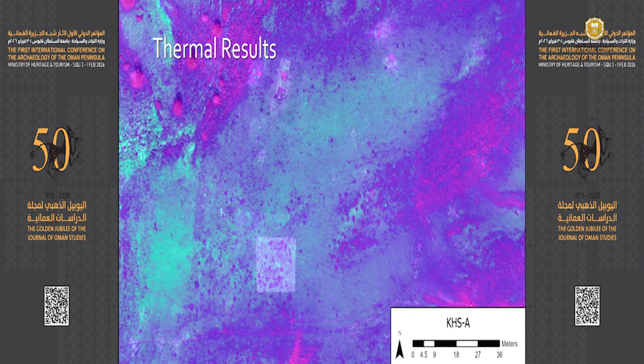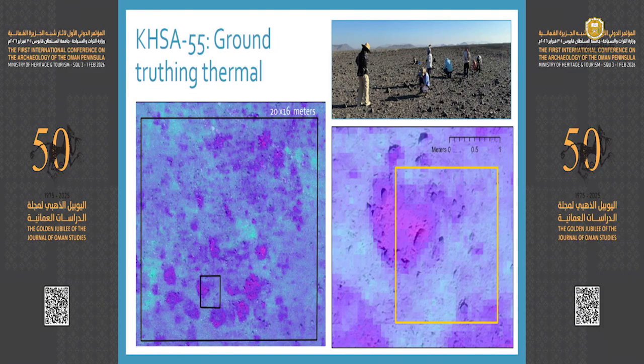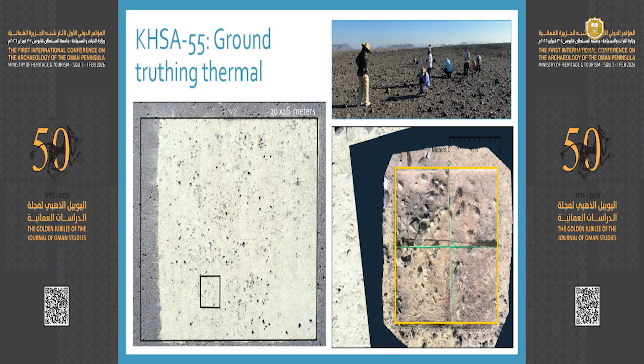To test this, we first observed the picture, and we found some pretty coherent association of this feature: round circles of round stone structures, rectangular ones, which are pretty different from what you can see as the modern vegetation. And then the next step was the ground truthing of one of them. So we selected the circle of features, one small portion, and we cleaned all of it. This is 20 meters by 16. And in one portion we dug, and the correspondence between a dark blue spot and a fireplace is